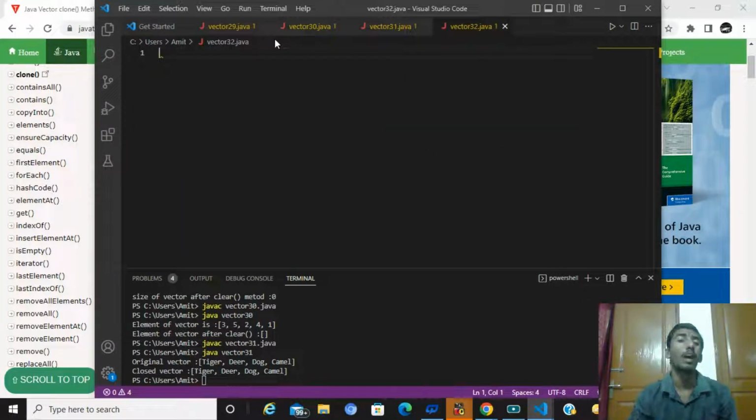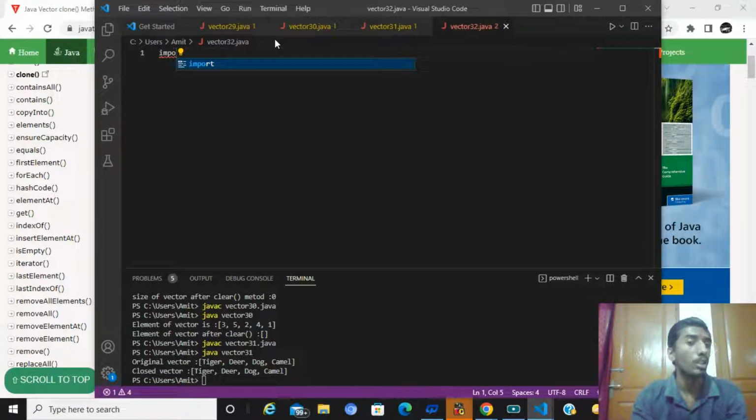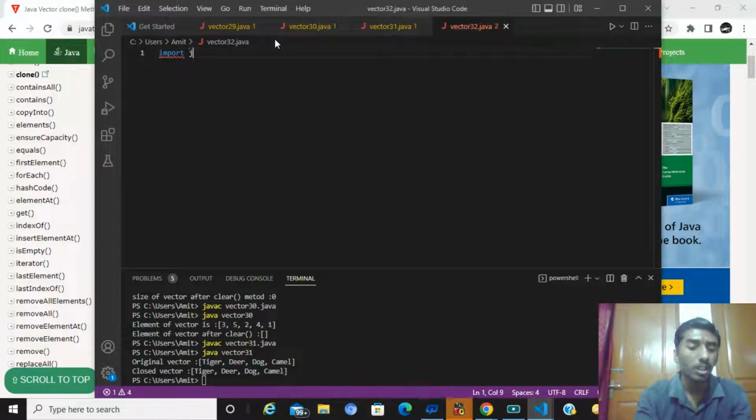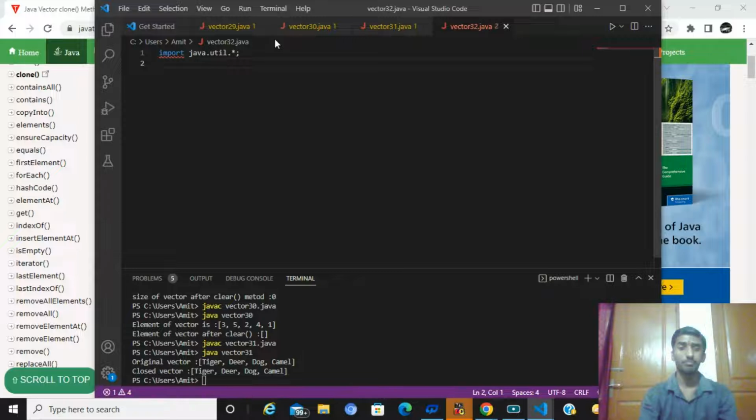After saving this file, what do you have to write? You have to write the package format. You must remember it while you are creating a vector program. That is import java.util.*; This is the package format. So firstly you have to write this while creating a vector program. So I write import java.util.*;